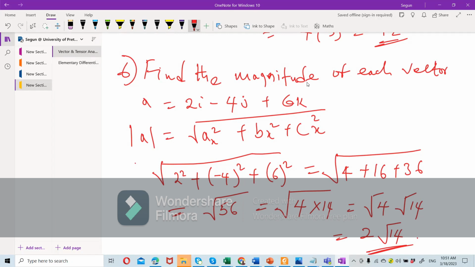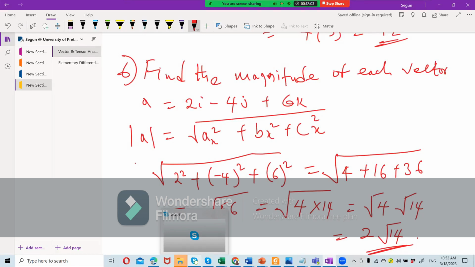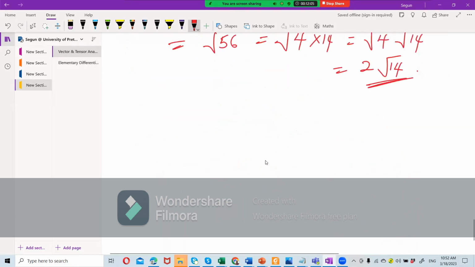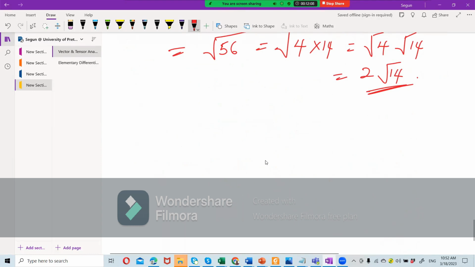So we have this, then we can proceed by looking at, let's look at this question. Another one. Let's look at this. It says we have this